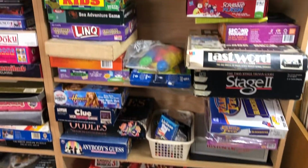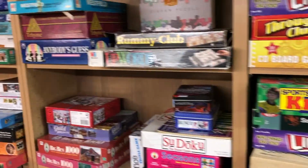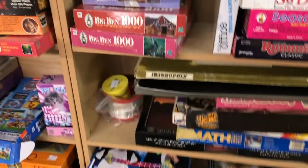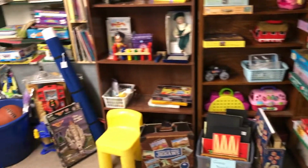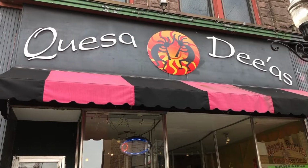Closer look at some of the toys and games. A decent selection. Again, almost all of it is kind of newer, commoner toys, and that's almost always what you find at thrift stores. But again, a fair amount of stuff there, so still had some thrifting to do, but